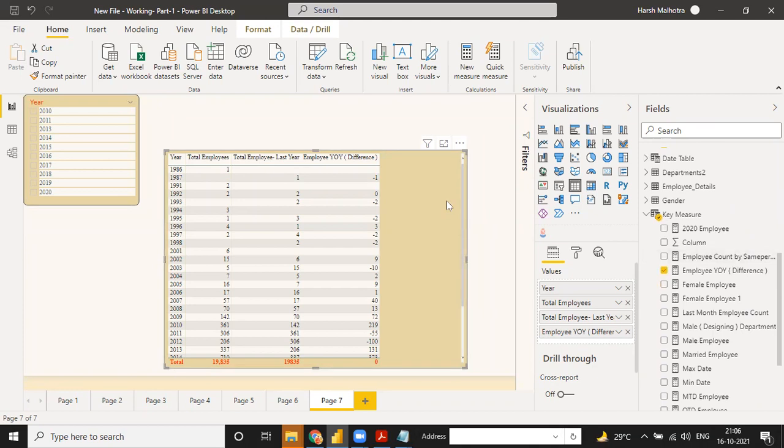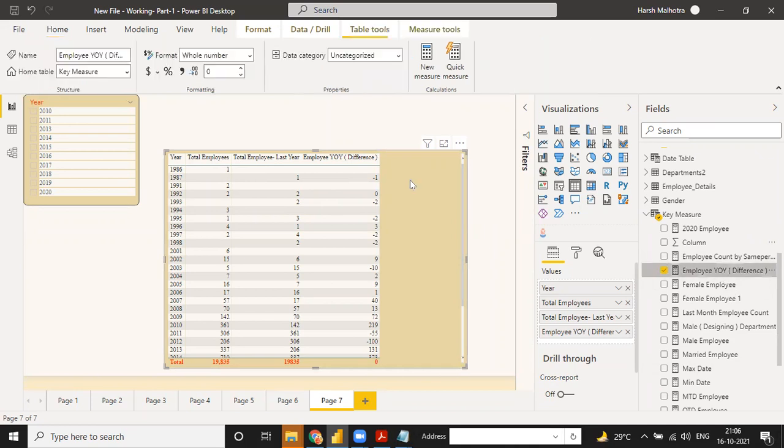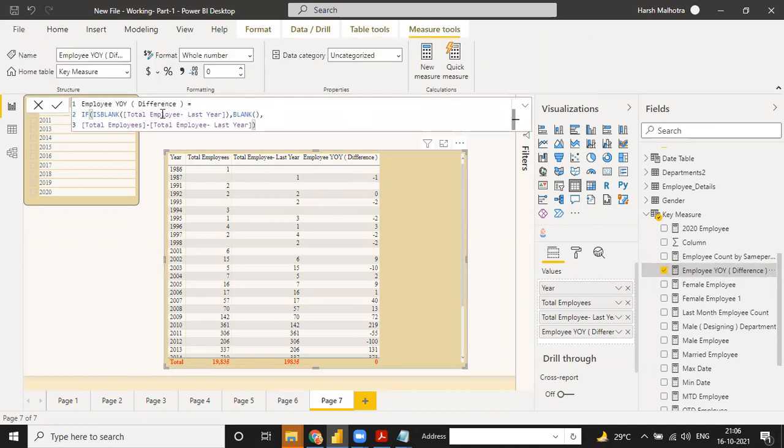So as per your company, if you need current year minus previous year, then the value is written, and you have to use a simple function. You can just remove this function, only these two, and the difference is there. I can just write it here as a comment.